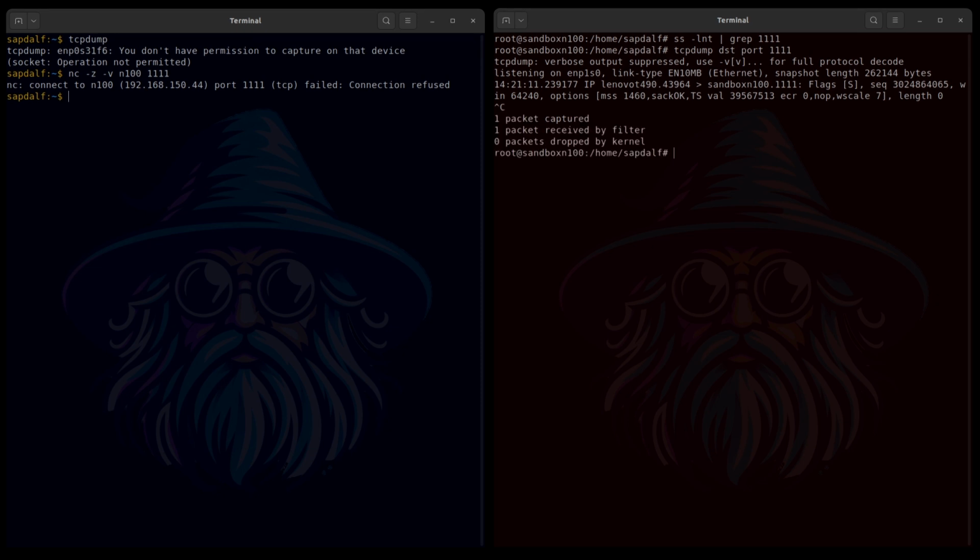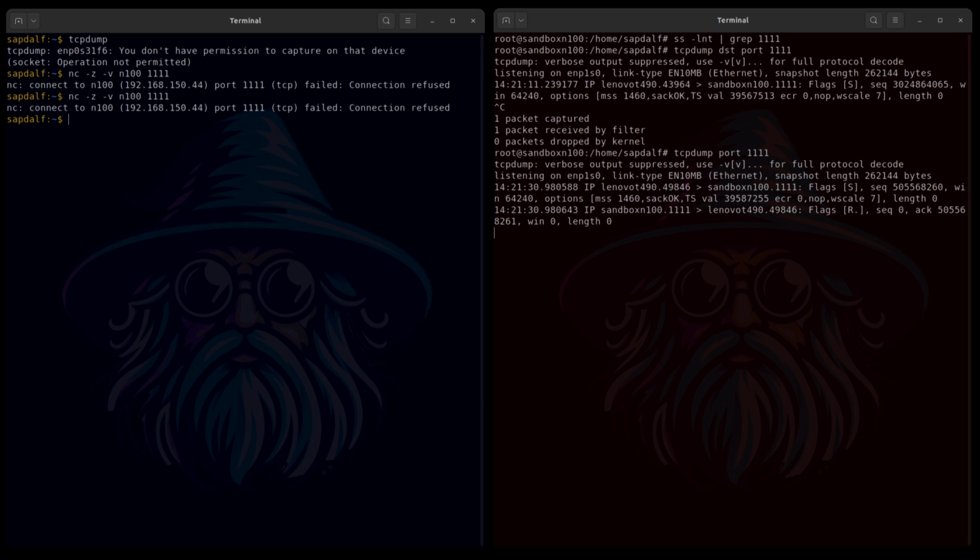But how does the client know that the connection is not possible and not wait for a timeout? Probably there was some kind of return communication and we filtered the data too much. Let's try, instead of looking for packets coming to port 1111, to select those that involve this port as a source or destination. I'm repeating the connection try with the same result. But this time tcpdump recorded 2 packets. One is the known synchronization. But in addition, we can see a packet traveling in the opposite direction. The flag is R, which means reset. It immediately terminates the connection. That's why the client reports that the connection is refused.